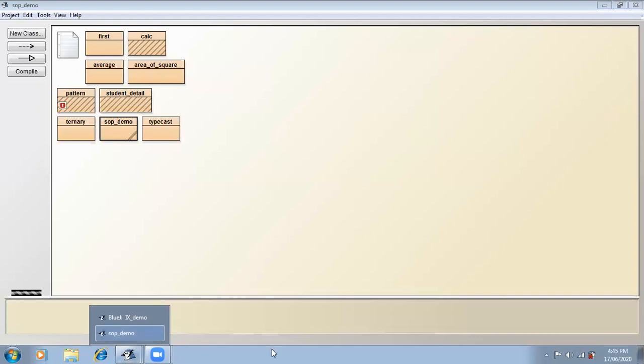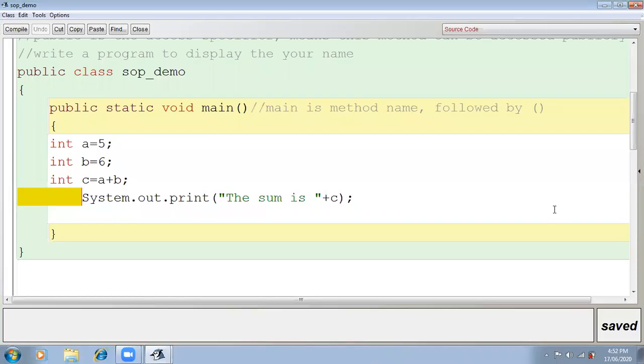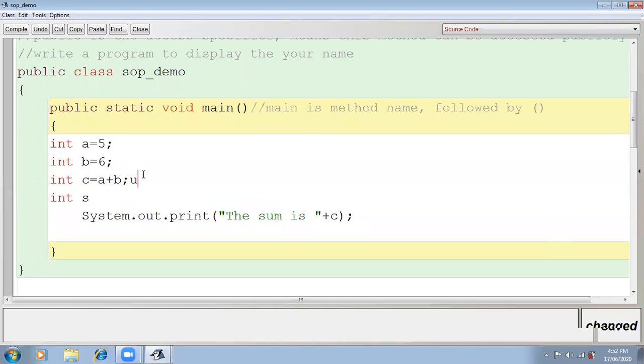For the subtraction, I can declare int sub equals a minus b. Then for the multiply, then for the division, then for modulus and all. Correct? That I have to do. Then here I will display the sum is, the subtraction is, the multiplication is.